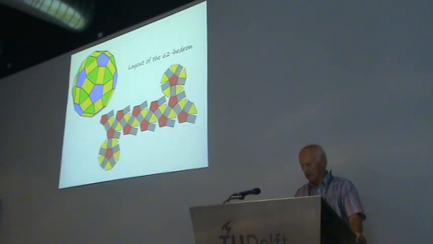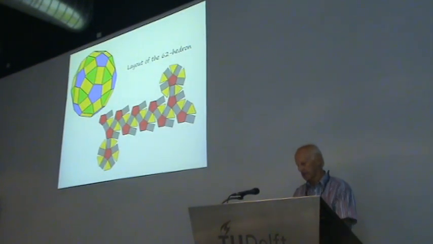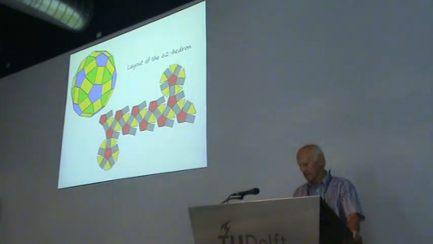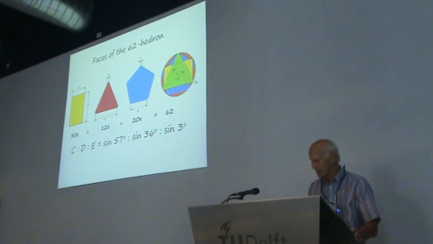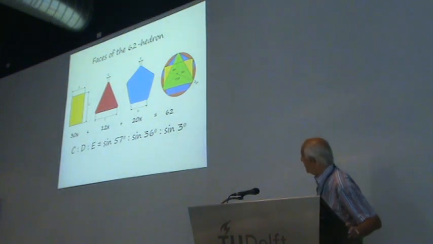This is the layout. You see, well, it is very clear that you have these deficient angles, and they all fit again on the same circle. You see that there are now three different side lengths, let's say, but they still relate in very simple